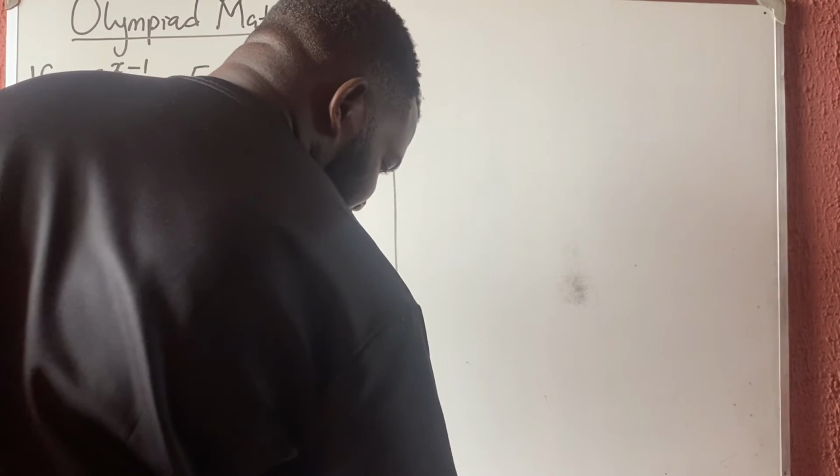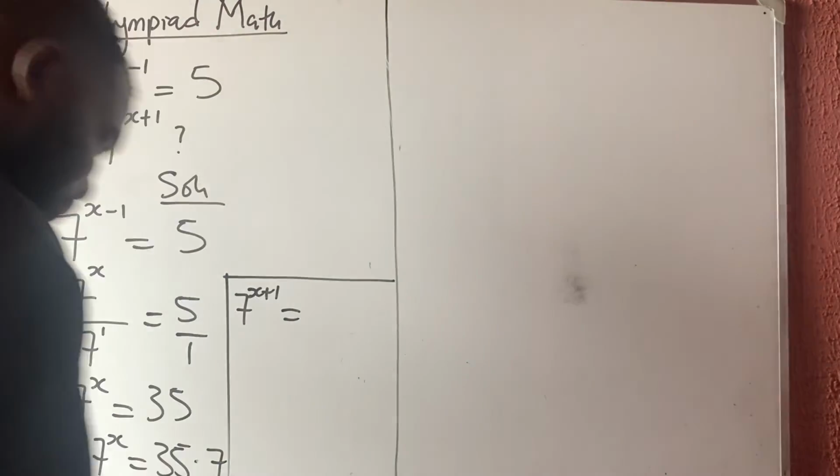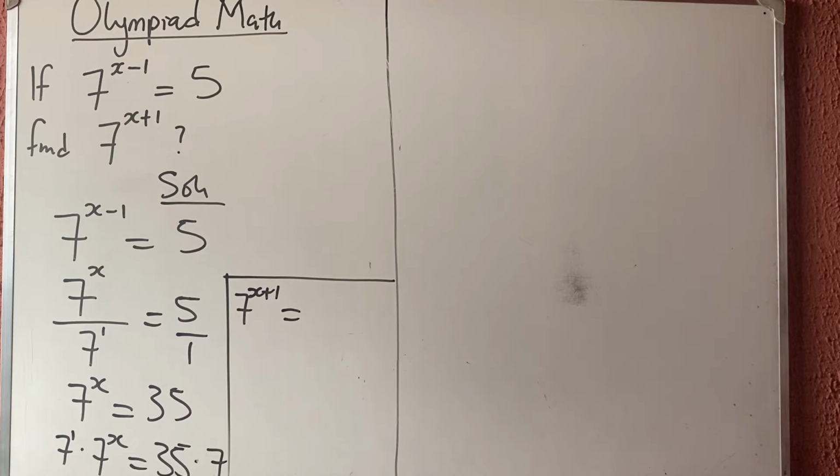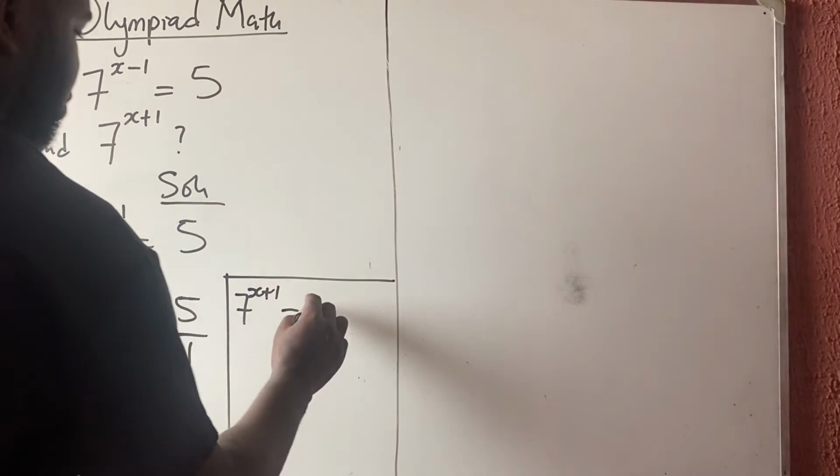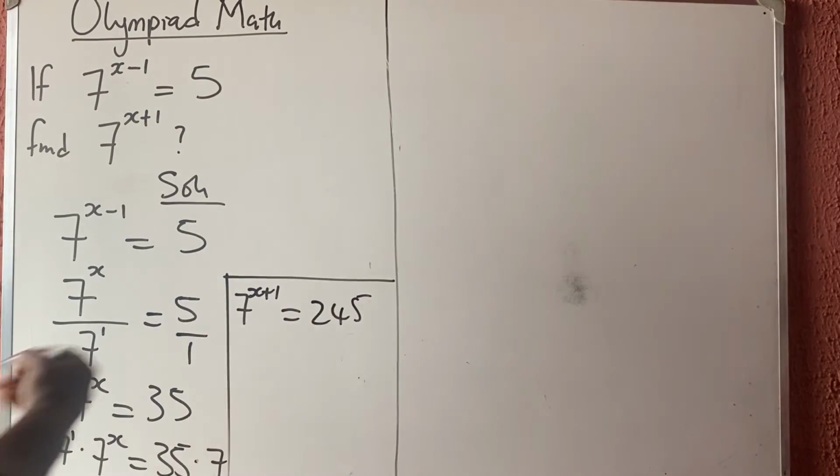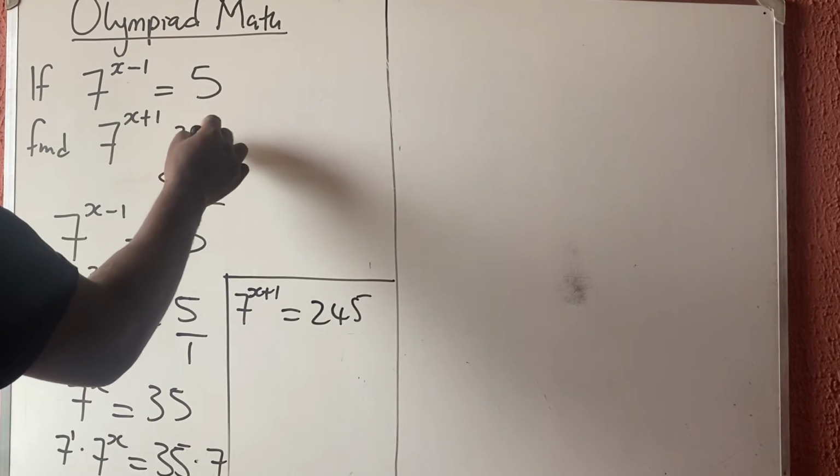7 times 35 will give you 245. Okay, so this is very, very simple. So the answer to this is simply